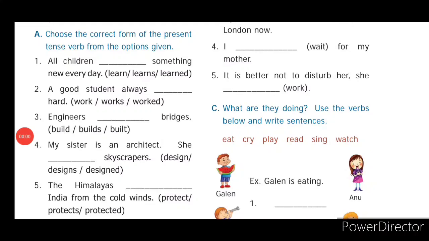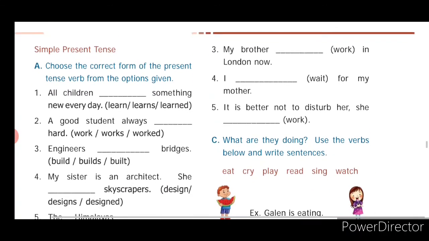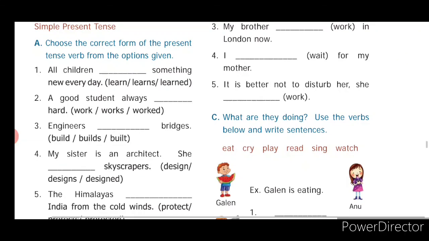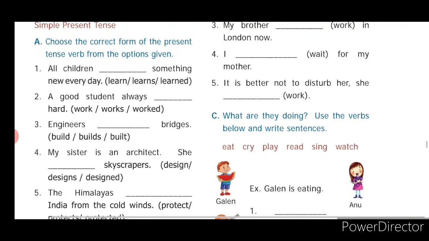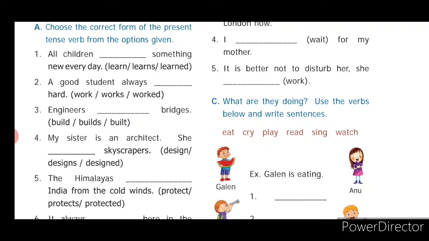Okay. Yes children, finally I hope you have understood what all the tenses we have and what are the 4 aspects of tense we have. Yes, so you will be continuing by doing the book exercise. Complete the book exercise by yourself. Anyhow, I'll send the answers through PDF. You can check the answers in the PDF and complete the book exercise.